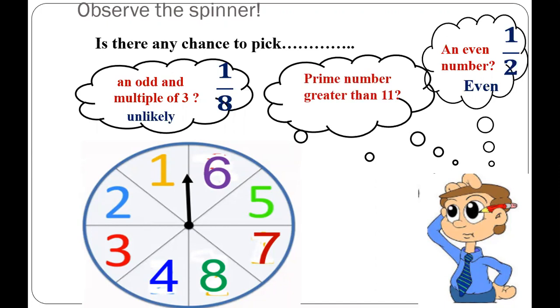Prime number greater than 11. We don't have any number that is greater than 11. So it will be 0 chance, which is 0/8. Why did we write 8 here? Because we have 8 numbers. And it's impossible. Next one is